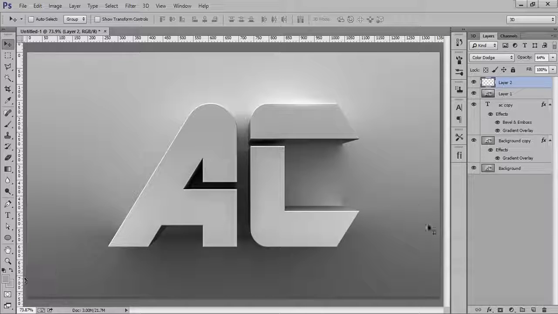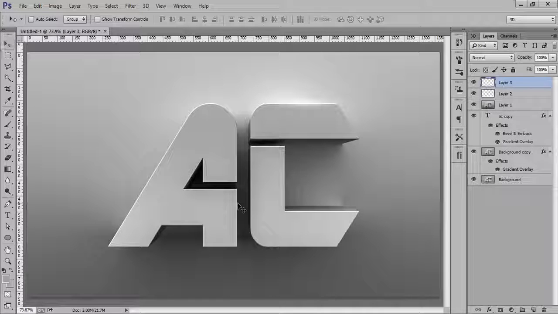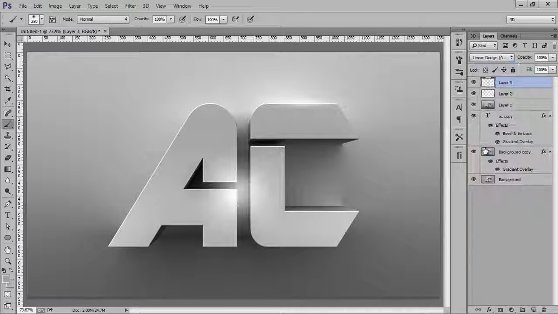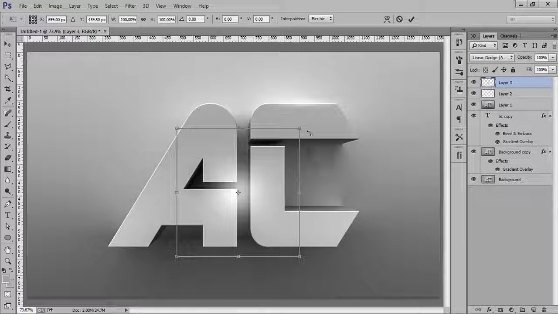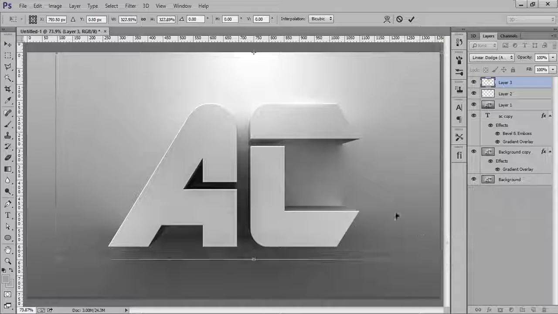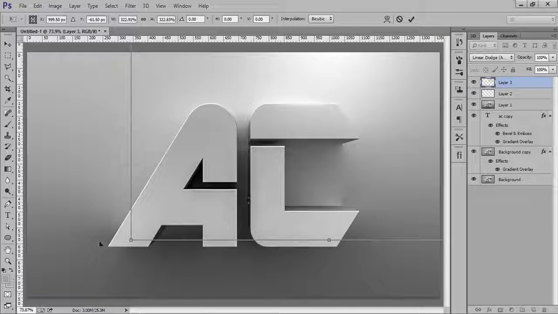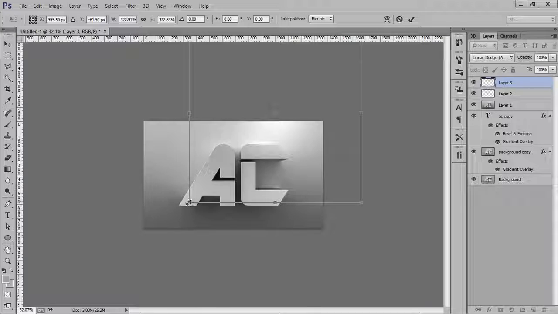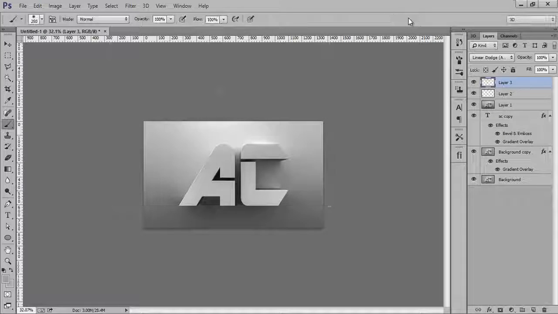Again make a new layer, choose your brush, hit once on there, set its blend mode to linear dodge. I will try, that's fine. Ctrl T, make it large. I want a light source that is coming from outside, looking like that, something like this. You can see on the screen. Suppose light is coming from this side. Even you can make it small.